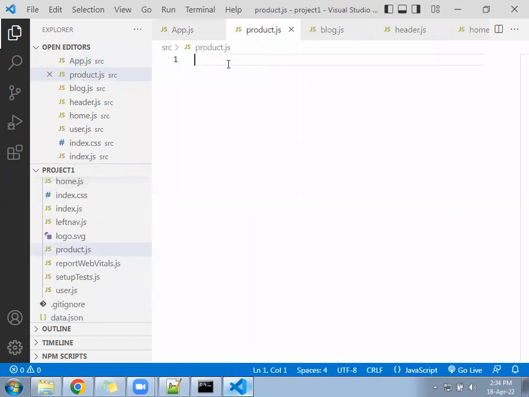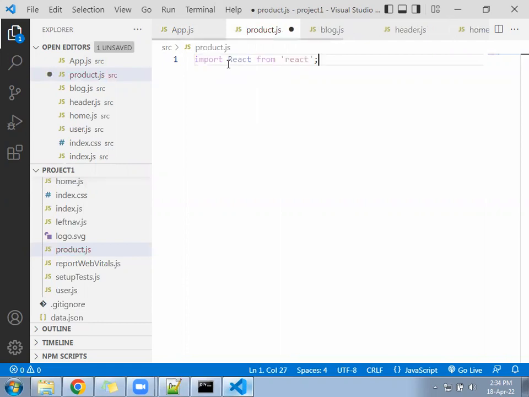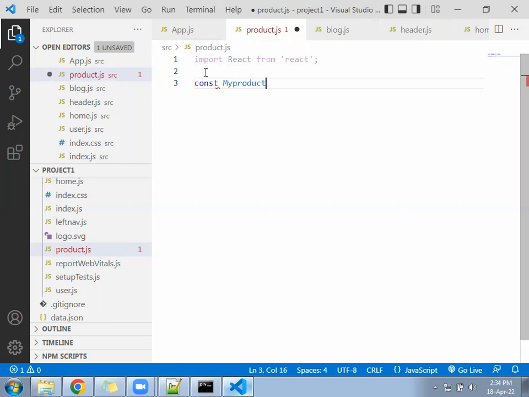You have to import React from next. After that, const myProduct equal to